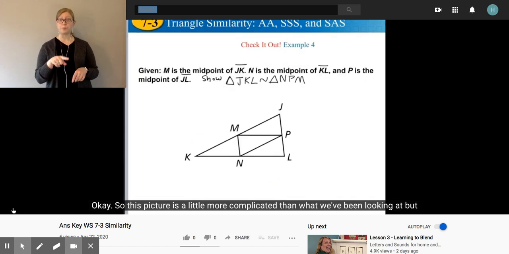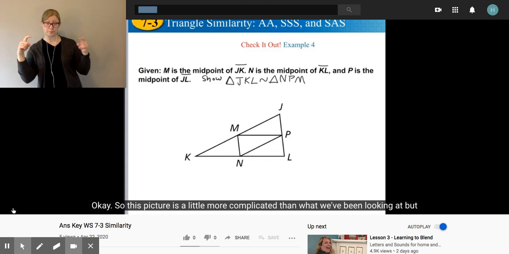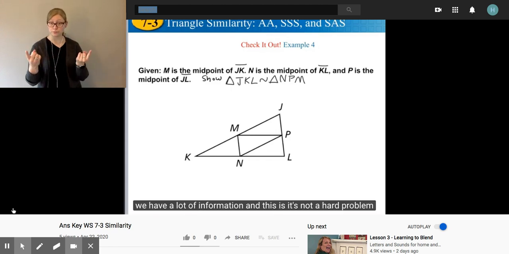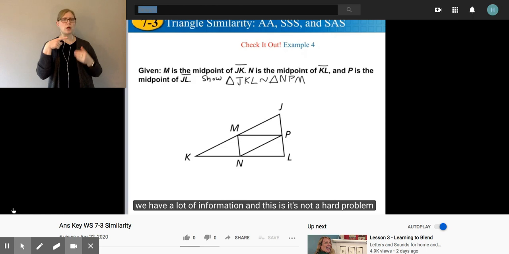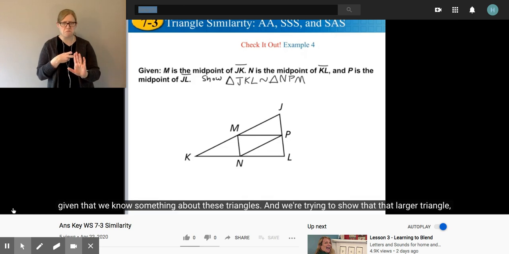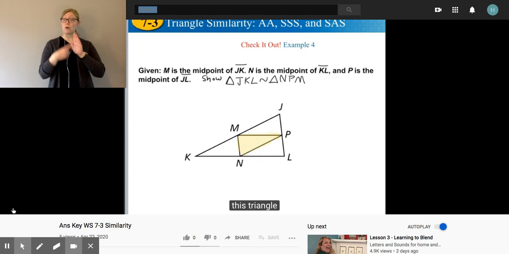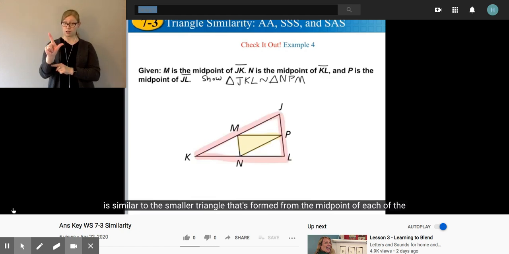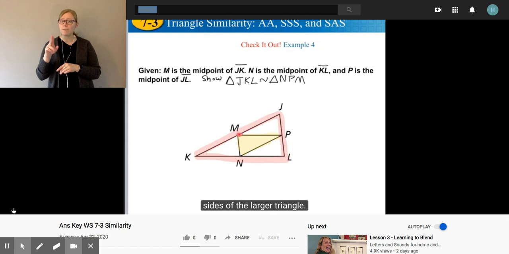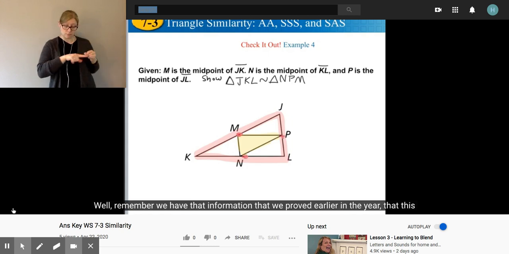Okay, so this picture is a little more complicated than what we've been looking at, but we have a lot of information, and it's not a hard problem, given that we know something about these triangles. We're trying to show that the larger triangle JKL is similar to the smaller triangle that's formed from the midpoints of each of the sides of the larger triangle. Well, remember, we have that information that we proved earlier in the year,